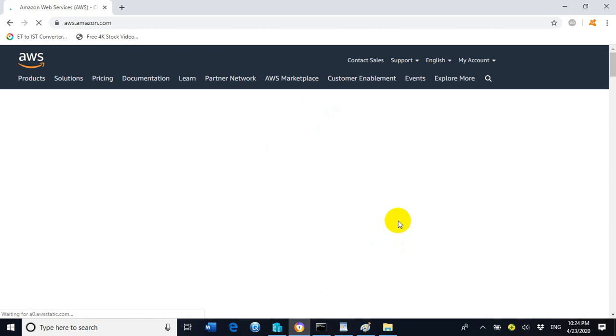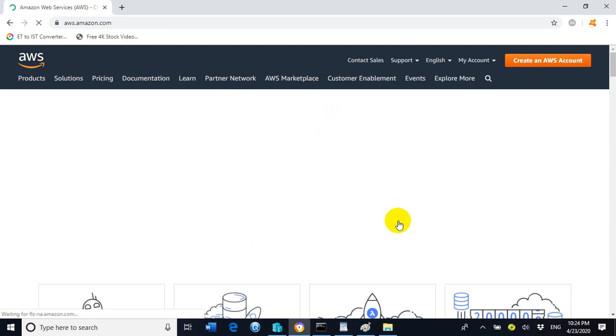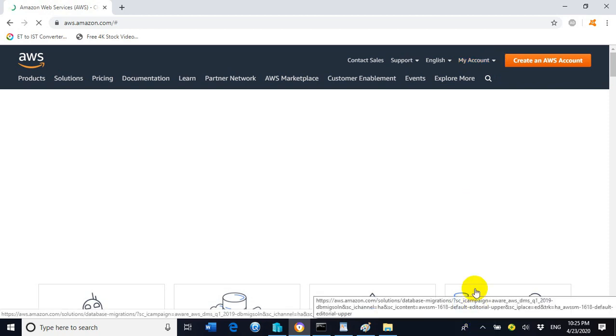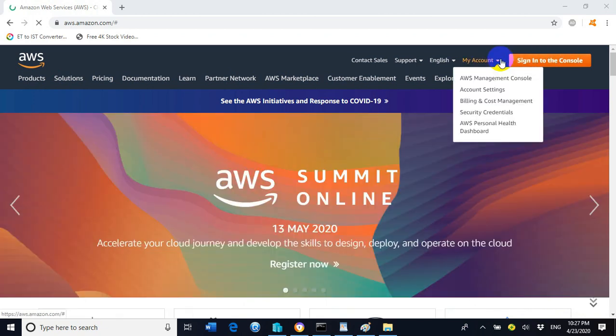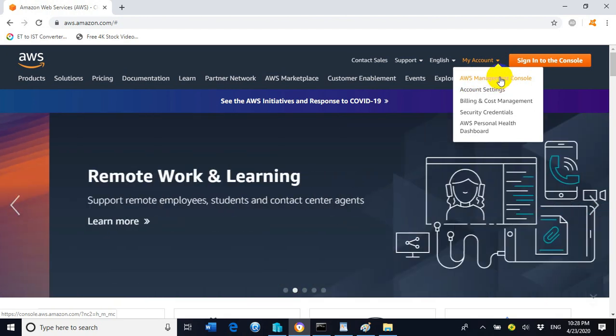Now you can see we are in the portal aws.amazon.com. Now we need to click on My Account on the top. Now click on My Account, and under My Account click on AWS Management Console.